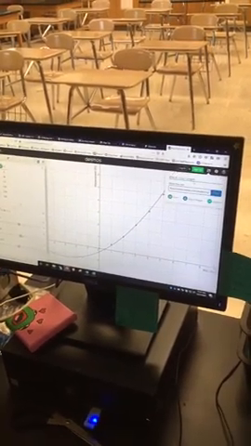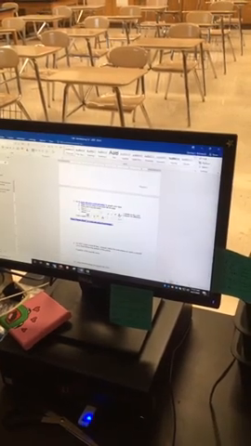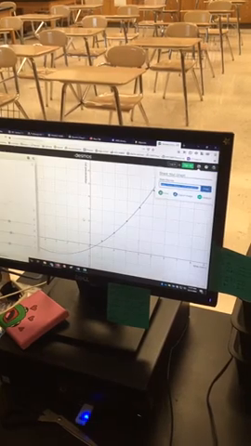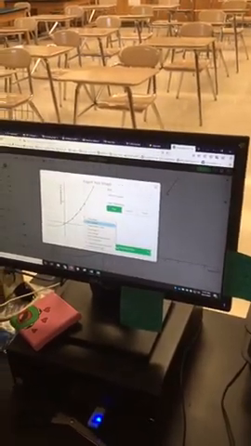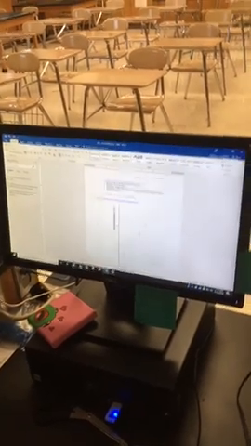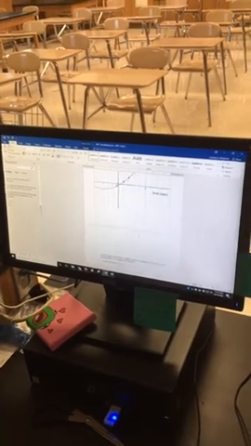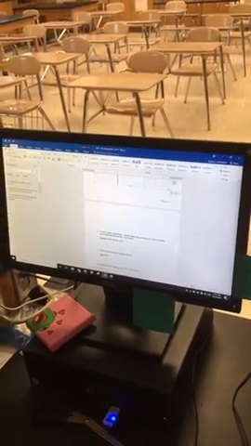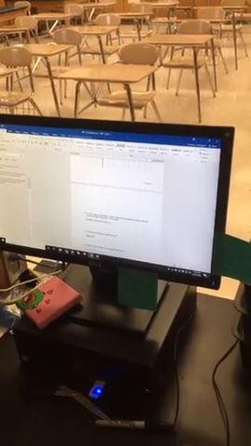Now I better copy the link again to make sure I've got the changes. So copy the new link, then export the image, right click, copy image, paste it. All right, so that's my graph. And then it's going to ask me, what is the equation of the best fit curve? Well, I used the form y equals ax squared plus bx plus c, but I got to